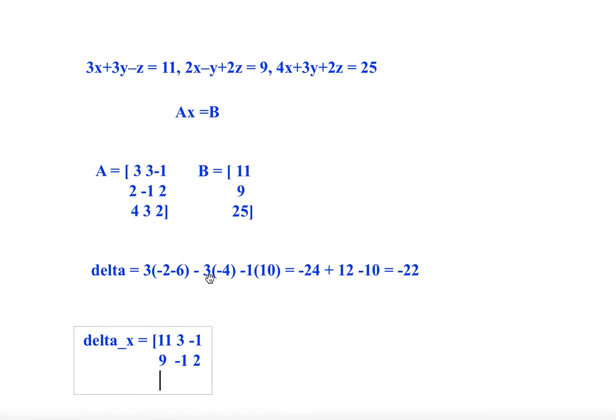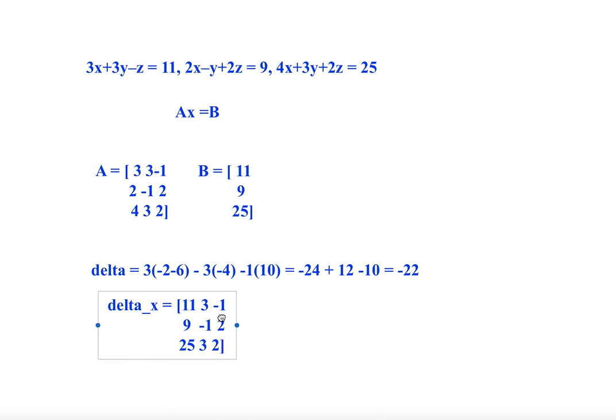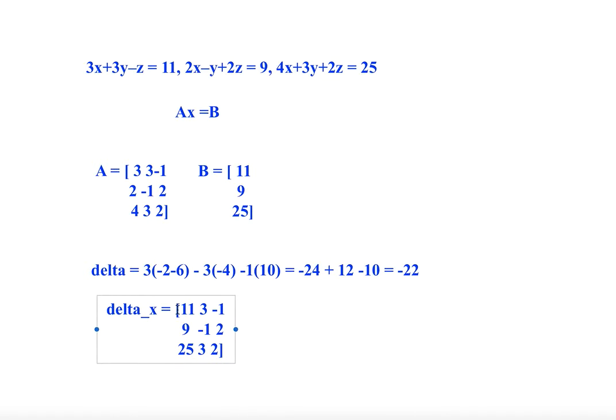4 you have to replace with 25, 25 3 2, fair enough, right? So this is delta x, bracket, right. This is delta, sorry, the symbol is not matrix symbol, you need to use determinant symbol, okay. Right,